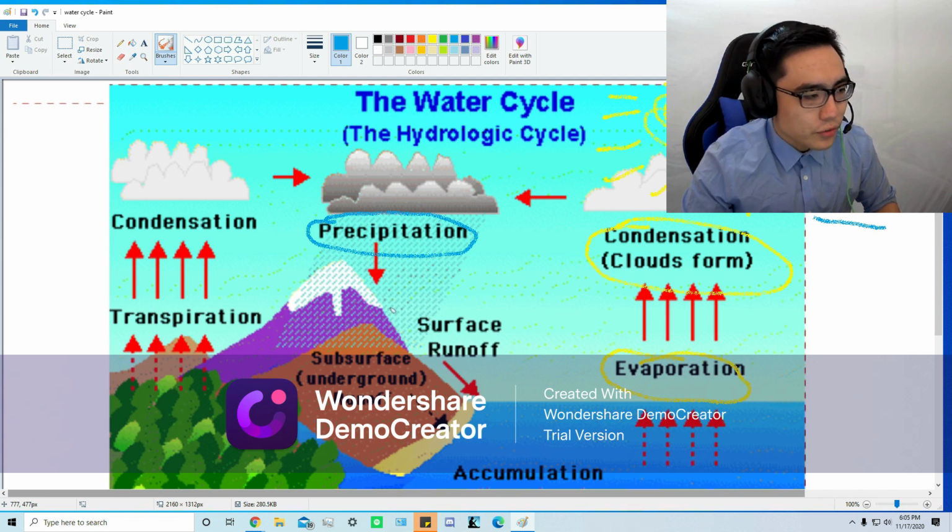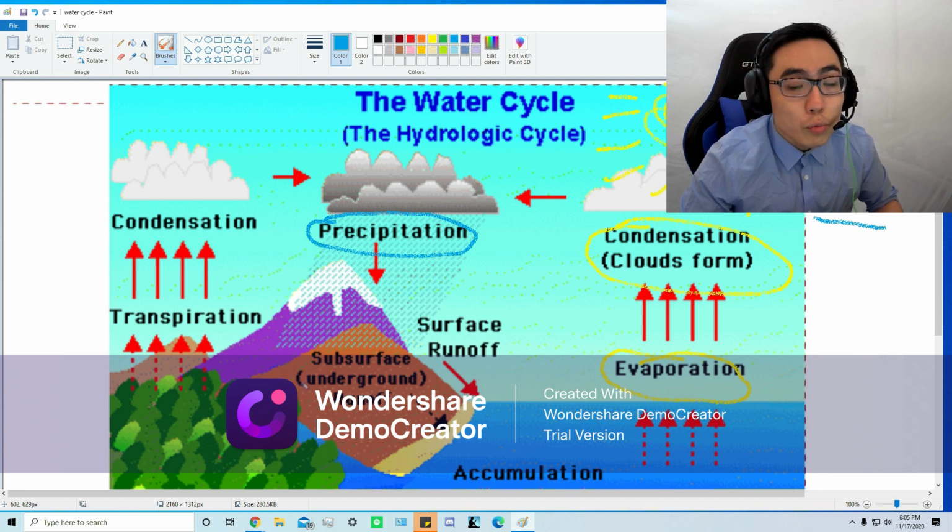So sometimes the water will see this mountain. It will run down the mountain and go back into the ocean. Or over here you can see a little bit of a river. It'll go into the river. And some of it will actually go underground because soil itself likes to absorb water too. And that's super important, especially for Pomona, but we'll talk about that later. And then, see, it's called surface runoff.